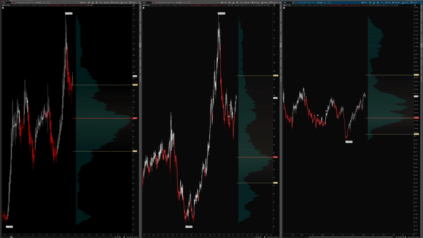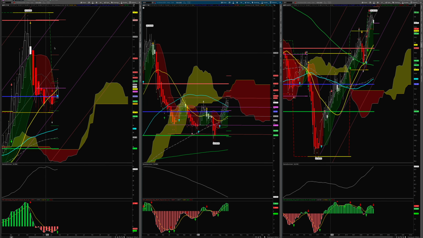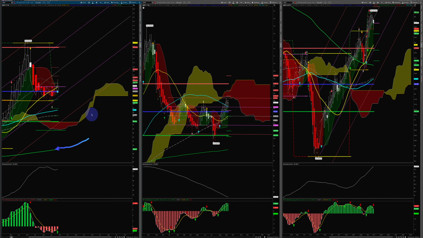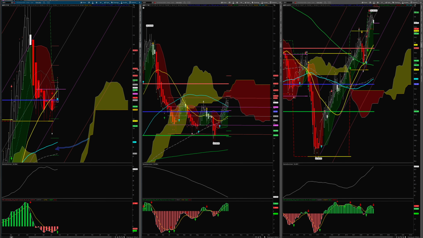Let's look at our simple glance chart. We can see we got a MACD crossover on the monthly. We're above the cloud, so that's positive. We were chopping around here. There was a strong support of 101, but we kind of pierced it, especially on this one. And now we got a PPS buy signal. Heikin-Ashi monthly candle is positive. We are above the 20. We're above all the moving averages. Where's the 200? Yep, 200's down here. So we're above all the moving averages. So that's positive. And so far, that's holding.